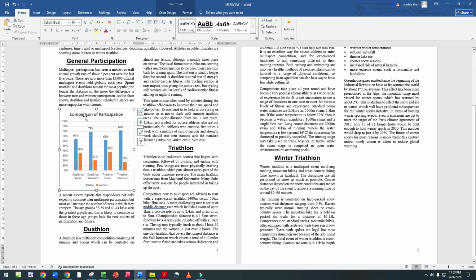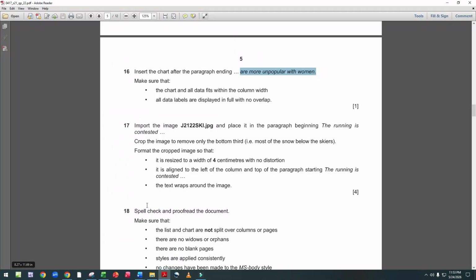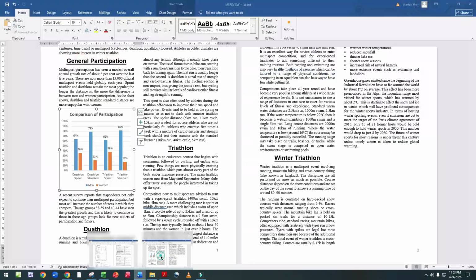All these things are clearly visible in this chart. The chart and all data fit within the column, with all data labels displayed in full with no overlap. Now we check the chart bar. This is clearly visible.